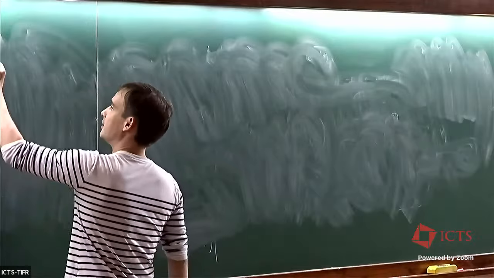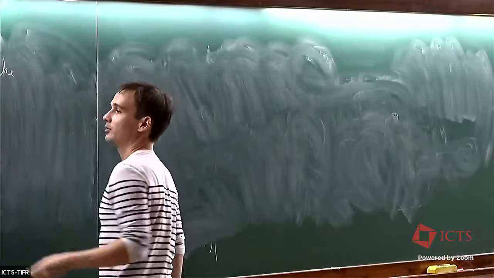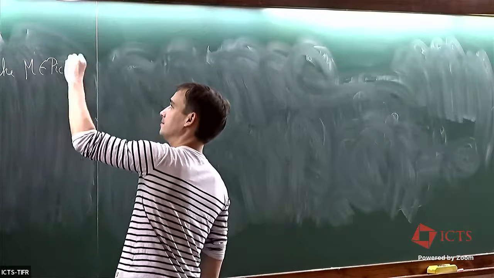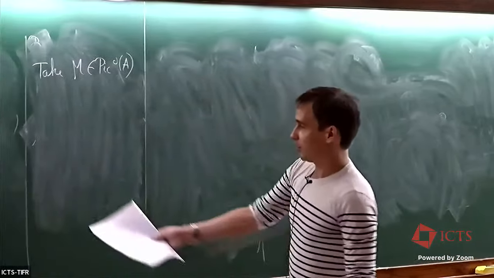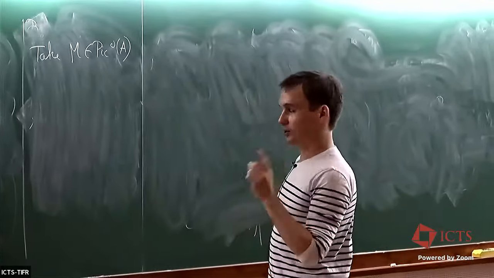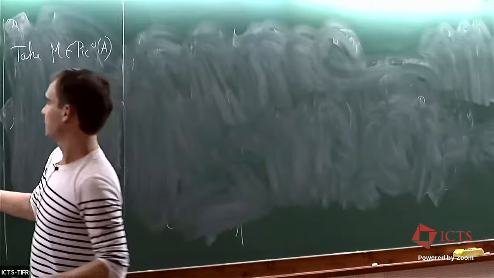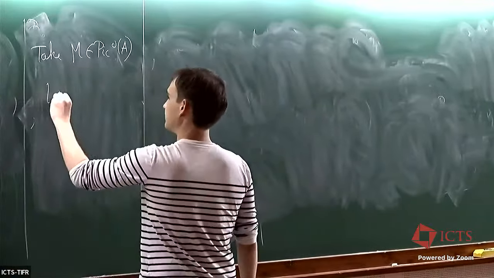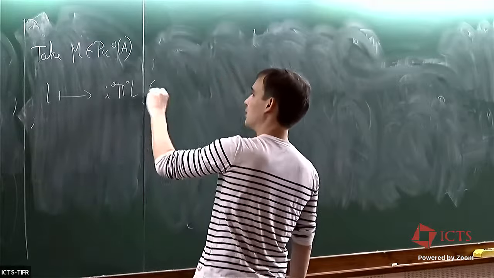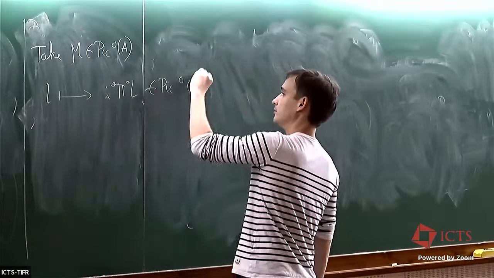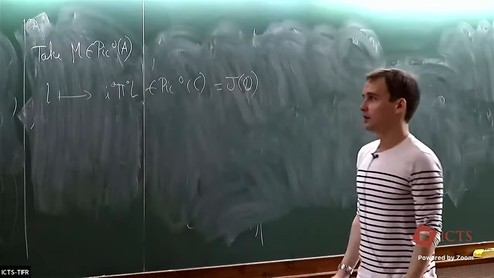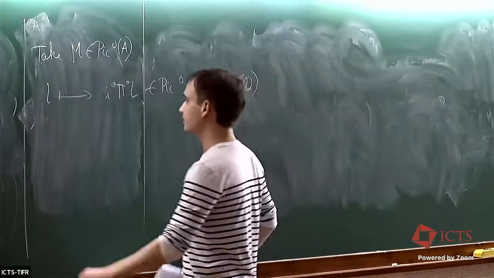So take, for example, M, another element in the peak 0 of A. What happens to this? First, I should notice if I do this, I take L and pi star L. This belongs to peak 0 of C, which is J of Q, right? But if I take M inside peak 0 of A,